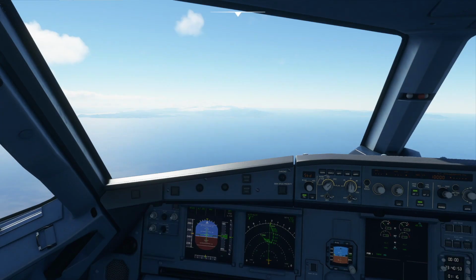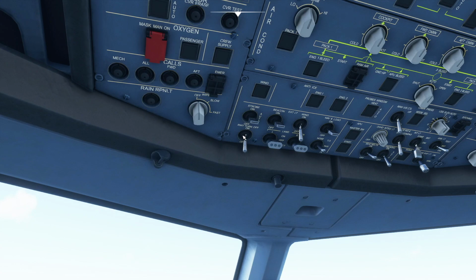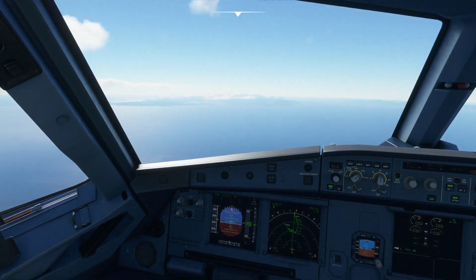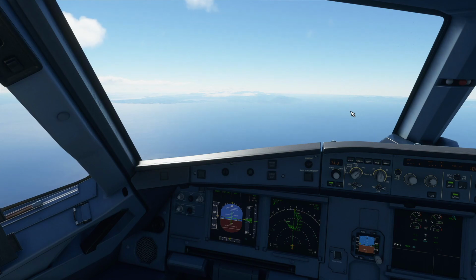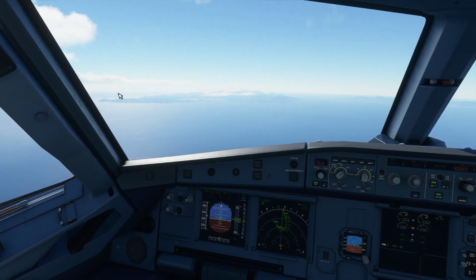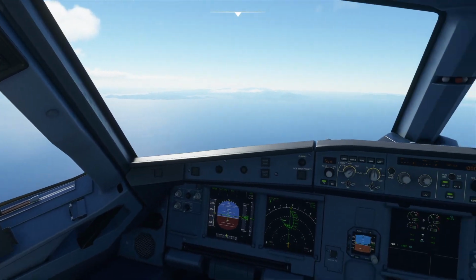So, at 10,000 feet, what we want to do is turn on the landing lights, takeoff lights, runway turn-off lights. Exactly the same as when you're taking off, except this time it's for landing. Also, I decided that we are going to do this little arrival pattern because it looks quite fun. Wellington's actually just over there on the left of us, but I'm also going to take you through a few things that need to be done prior to